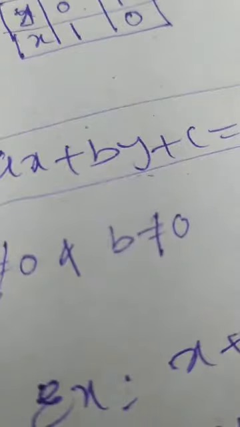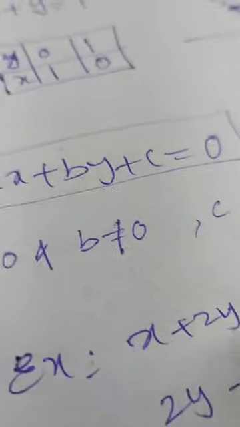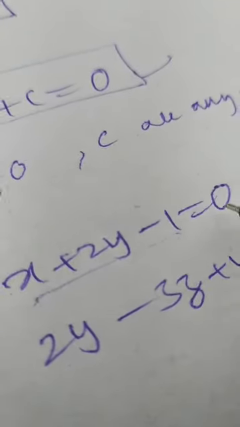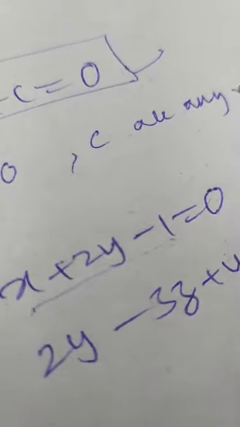But the chapter name is pair of linear equations. Pair of linear equations means we need one pair of this type of equation. So I have taken only one equation here. Suppose I am taking x plus 2y minus 1 equals 0. This is only one equation. For that type of equation we need two equations. For that, suppose I am taking